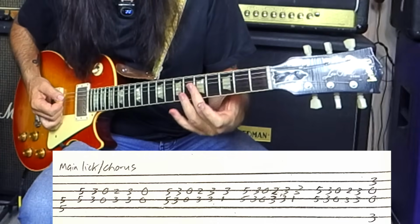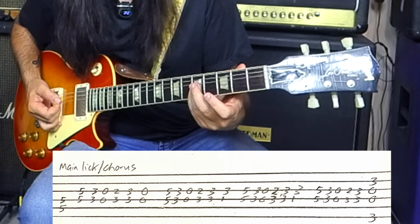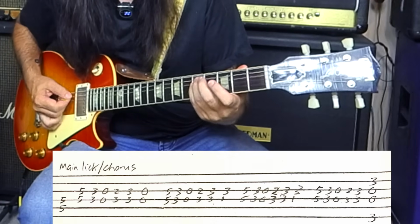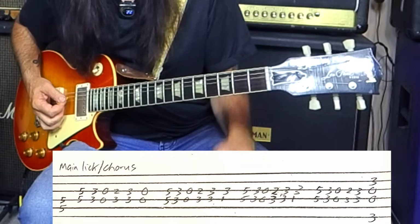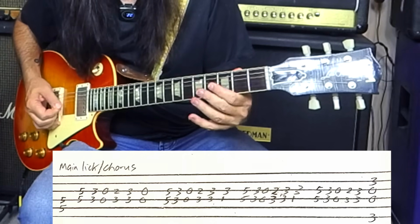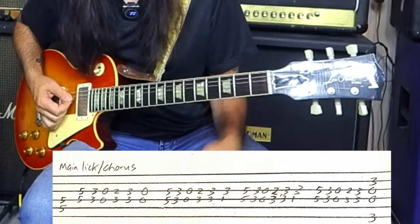All right, so I'm going to start on the 5th fret on the A and the D. Then I'm going to skip over to the 5th fret on the D and the G. Then... So it's like Smoke on the Water, kind of, but backwards. Okay, so